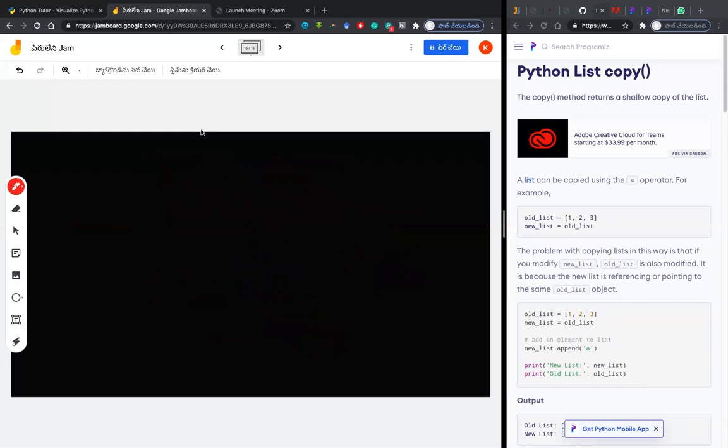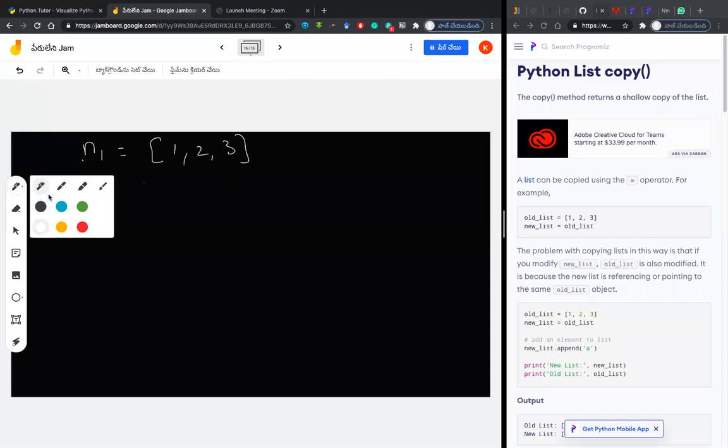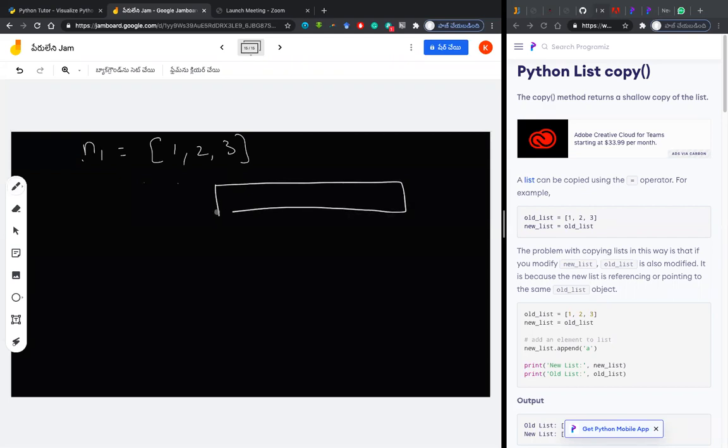Okay, so if we consider a memory, I have some memory like this. I'm giving something like N1 is equal to [1, 2, 3]. In this case, your 1, 2, 3 will be given in the memory, right? As I said yesterday, like your strings, it is also given a memory with a reference.